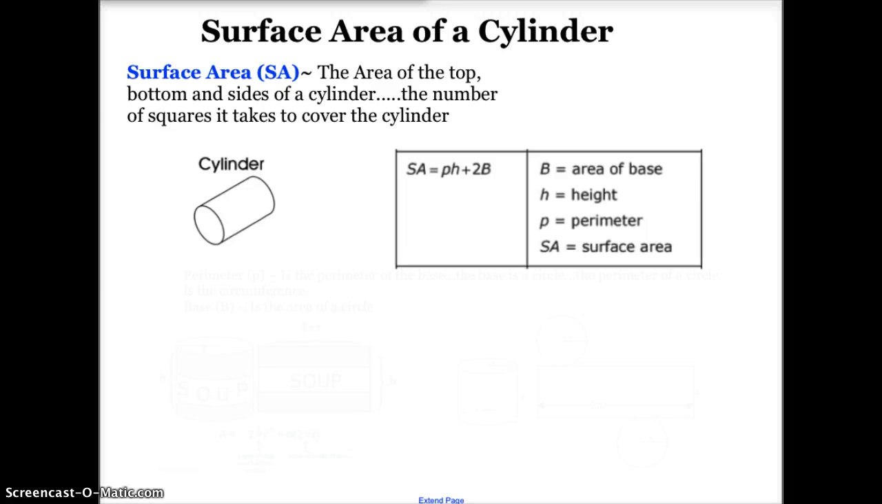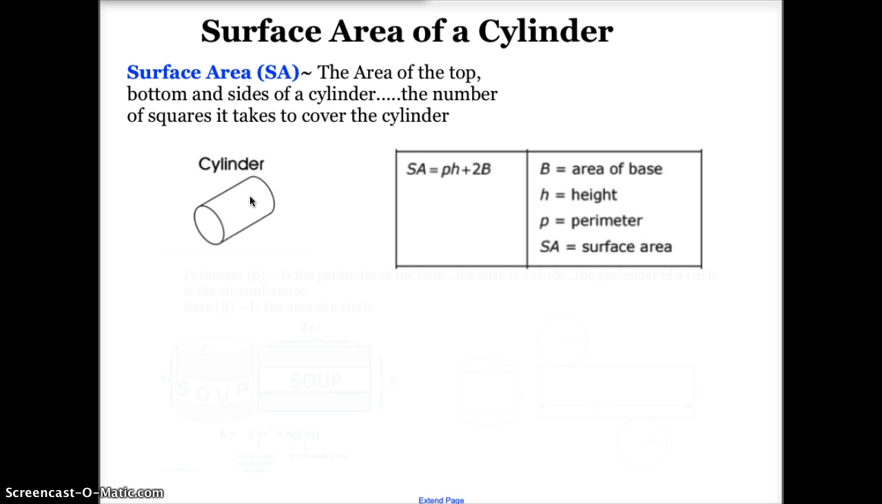This is a video that will help you find the surface area of a cylinder. The surface area, which is represented by a capital SA, is the area of the top of the cylinder, the bottom of the cylinder, and also the sides of the cylinder. Another way to think of it is that the surface area is the number of squares it would take to